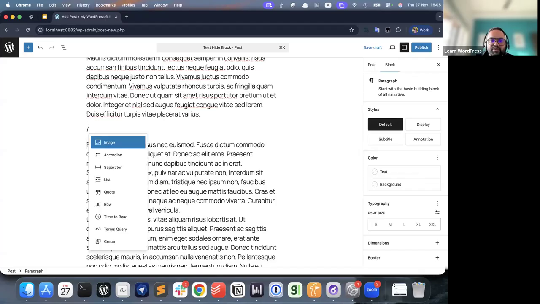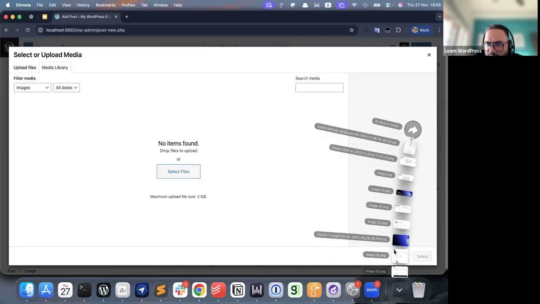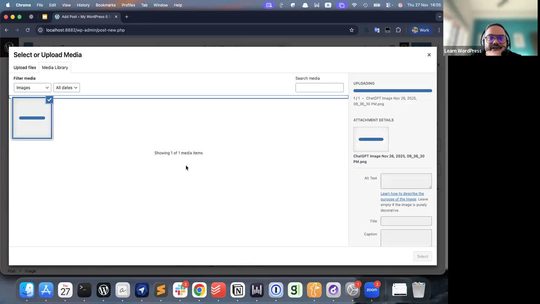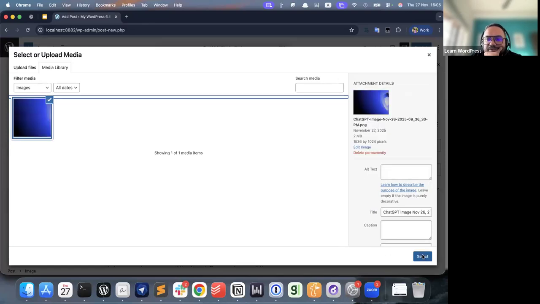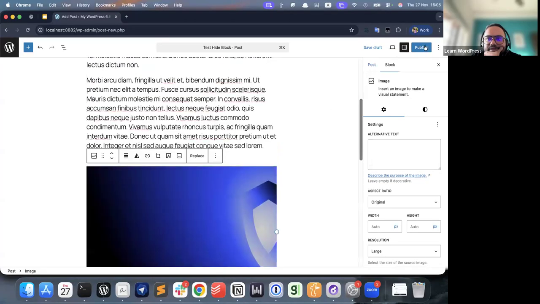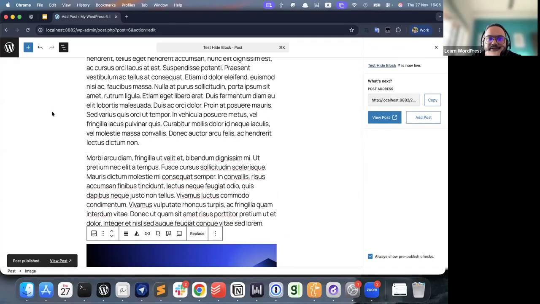I don't know if I have any image here, this is a new one, so there won't be any image, right? Let's add an image, and publish it somewhere down in the middle. You can see that an image is